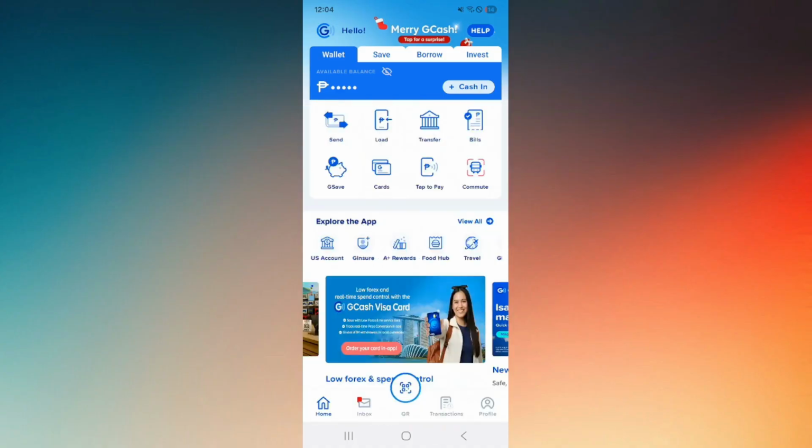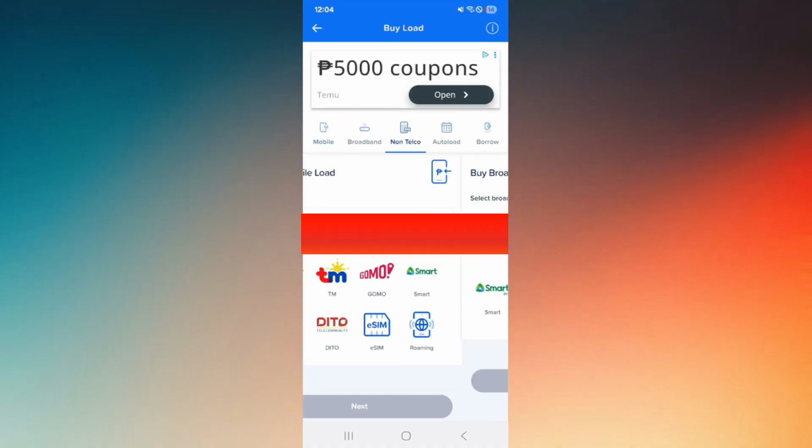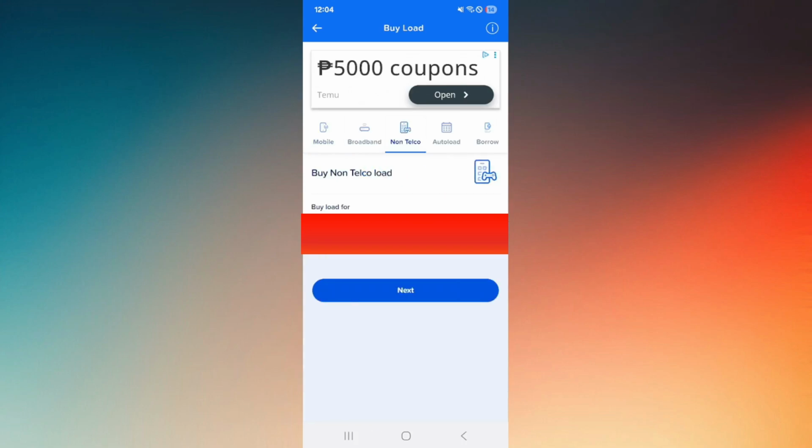PIN. And then from your dashboard, you just have to choose on load. Then from load, you will be seeing a lot of options from here. And then you just need to switch it into non-telco. Input the designated phone number or the account number that you have from the game club, and then hit on